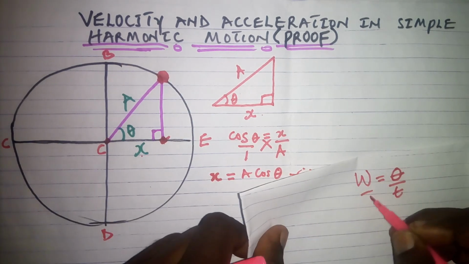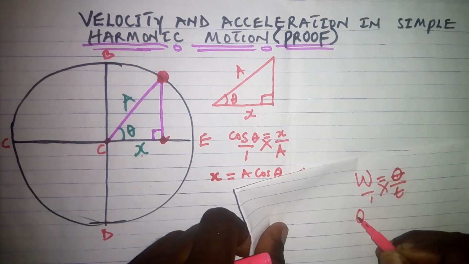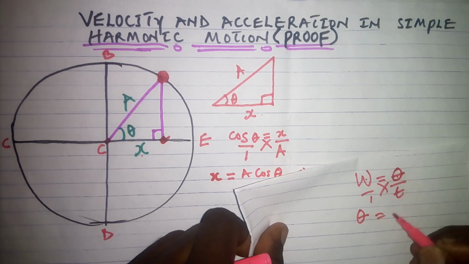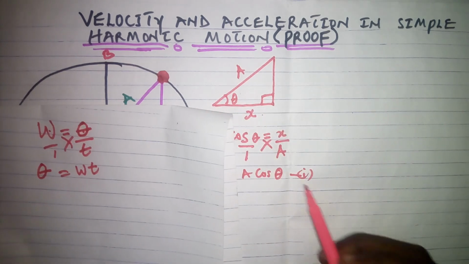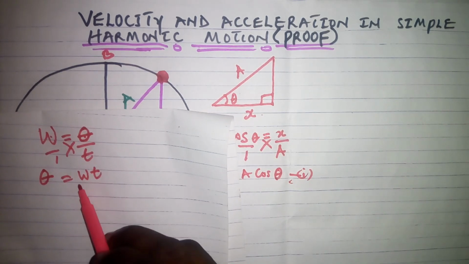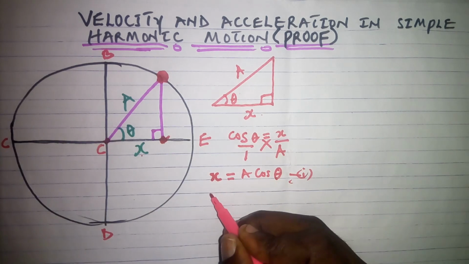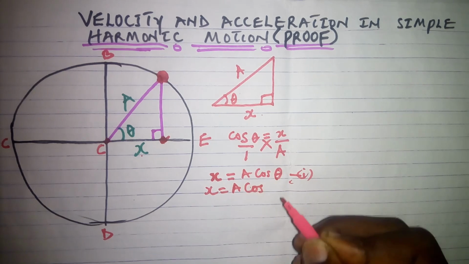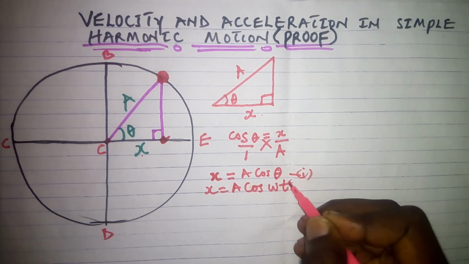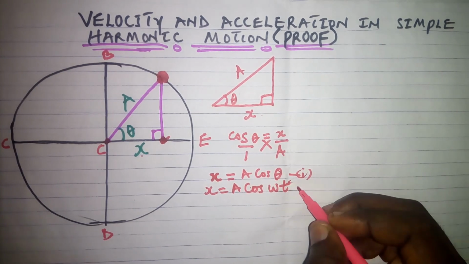So if I cross multiply, my angular distance equals omega times time, so omega t. So I'm replacing this theta here with omega t. So I'm rewriting this as x equals a cos omega t,